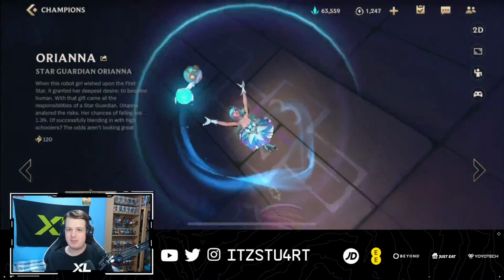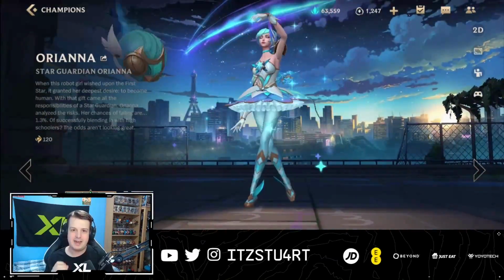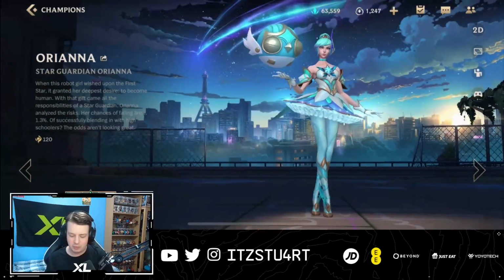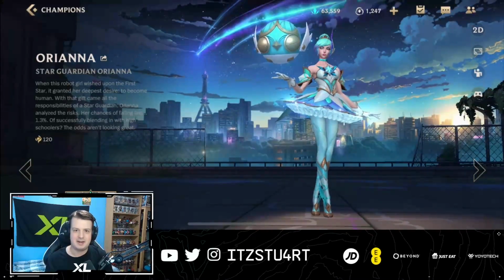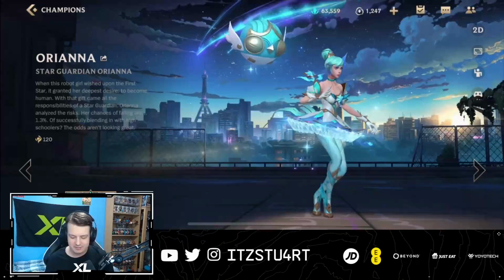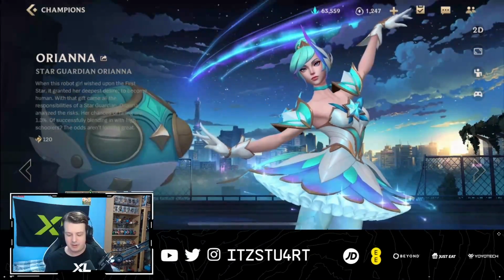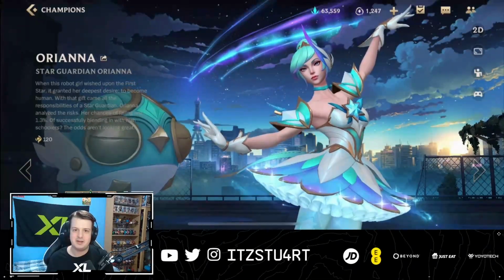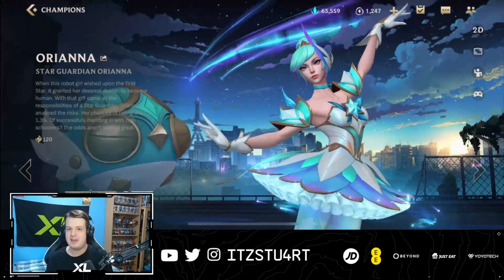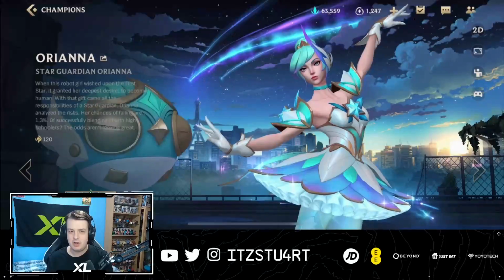In today's video we're going to be taking a look at Orianna in patch 3.3. We're also going to take a look at the brand new Star Guardian Orianna skin later on during the gameplay. This is a Wild Rift exclusive or Wild Rift debut, I'm not really too sure, but this is the first time that some of you might be seeing Star Guardian Orianna, because this skin is not even available on PC